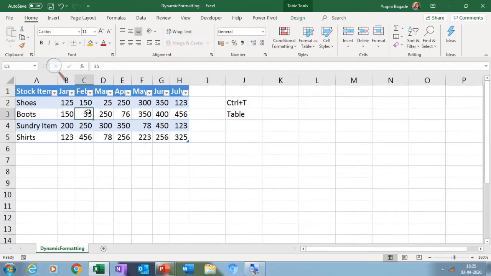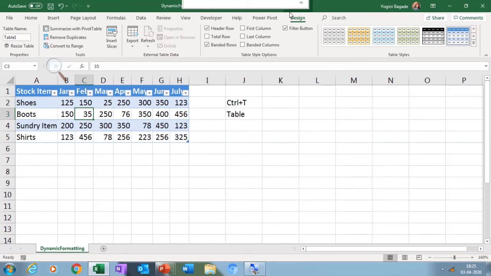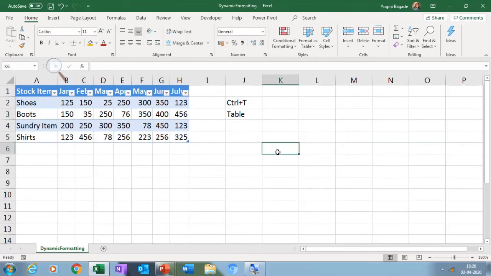Now let us come back to the table. I will get this Table Tools over here in Design, and the first important feature is the table name. Now my Excel sheet can have more than one table. How do I know which table I am using in a calculation? For that, I am giving a recognition to my table by giving it a name. I am just giving it a name like Sales. Whatever name you want to give, you can give. Just make sure you are not using any special characters or numbers in it. So, Enter. Now let's see the significance of this.